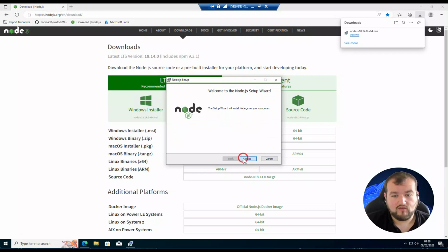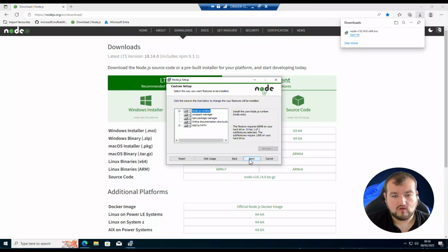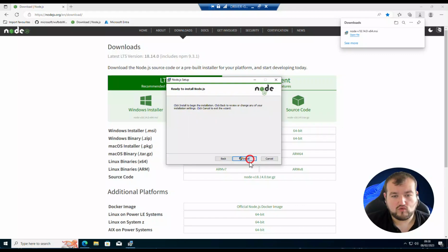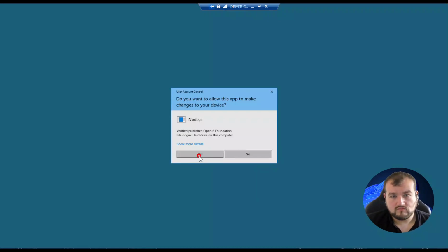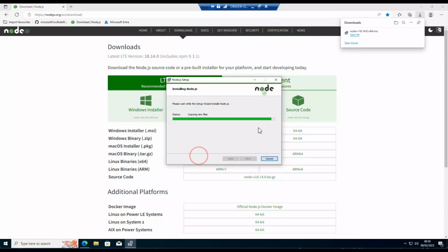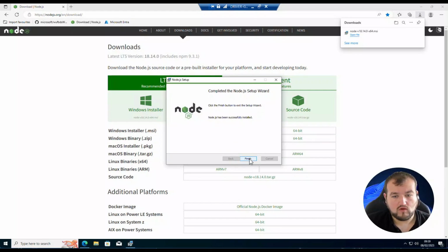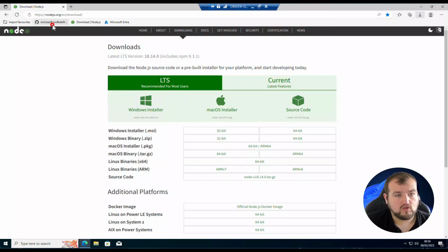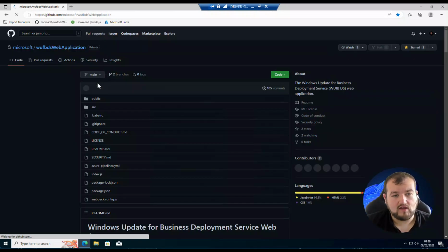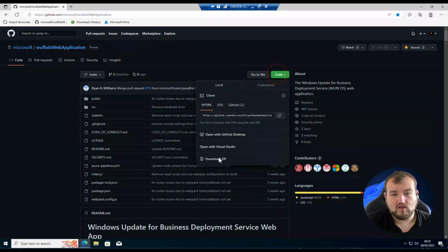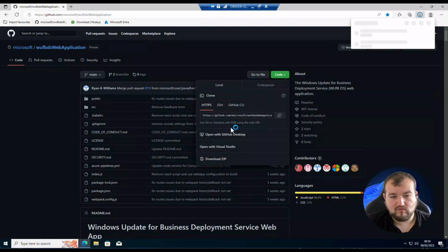once it's downloaded, if you launch the installer, accept the terms and conditions, continue through and click install. So once installed, if we then head over to the GitHub repository, again there will be a link in the description for this. If we then click code and download the zip file,